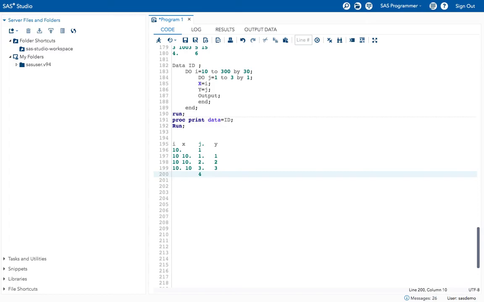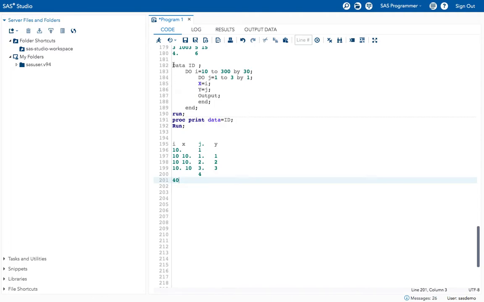In the fourth iteration, what happens? The condition goes wrong, so it moves to the main do loop, I equal to 10 now. So in the main do loop, what is the I value here? It increases by 30. So that means the value will be 40 here. After 40, what will be the value in the next iteration? 40 plus 30 is what? 70. Then 70 plus 100. Okay, like this the do loop and the nested do loop continue.